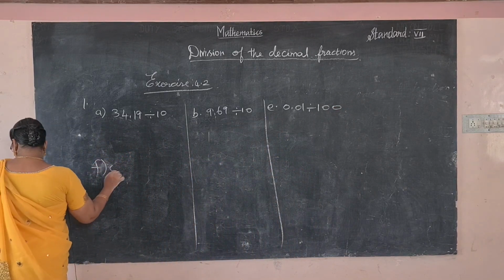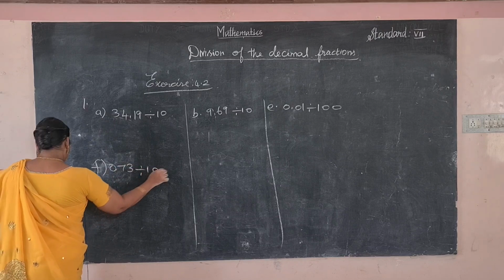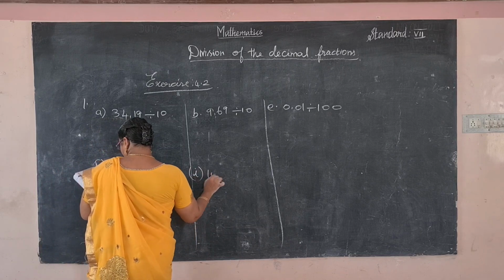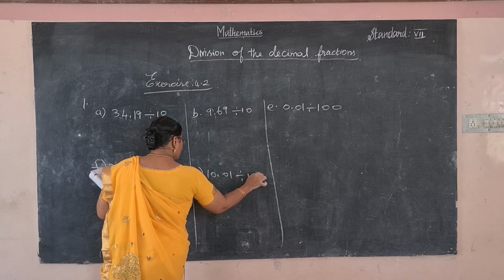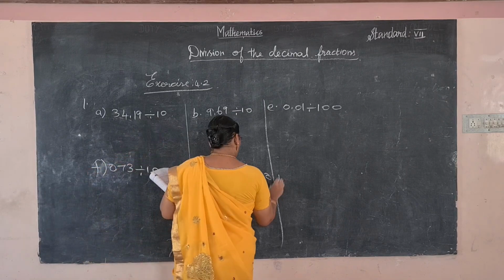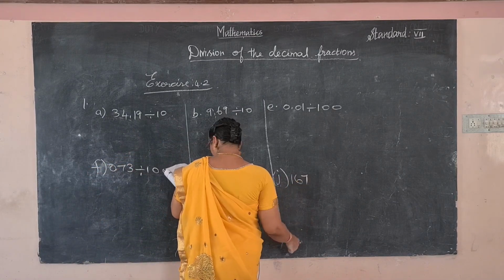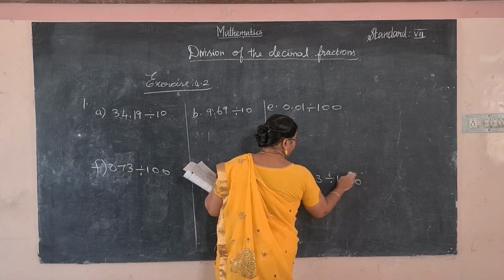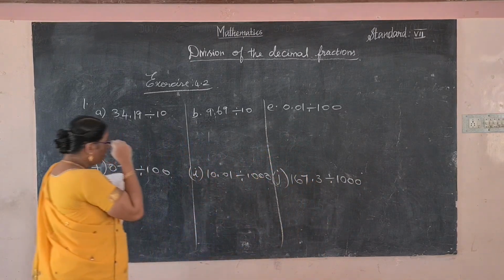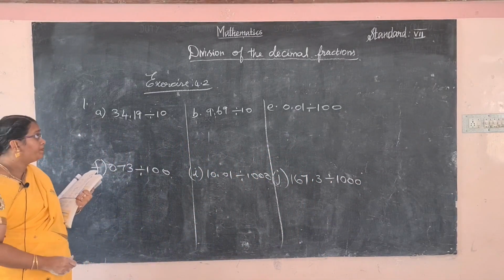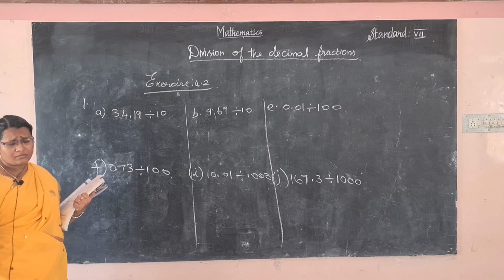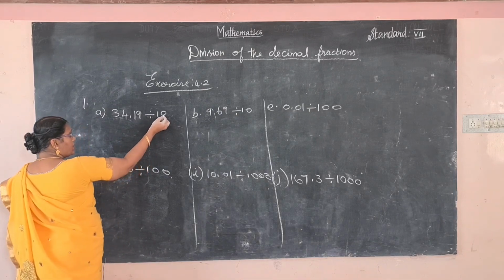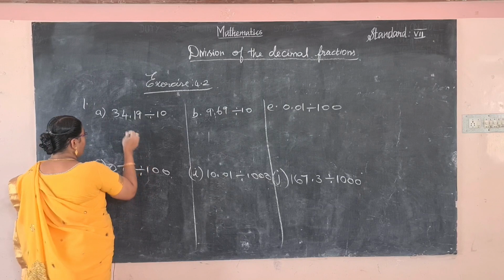F problem, 0.73 divided by 100. G and H are homework. I, 10.01 divided by 1000. And then J problem, 67.3 divided by 1000. Okay, remaining problems are homework. Here the division of a decimal by tens, hundreds and thousands is given. So you know well. Okay, so how many zeros are in the divisor? 1 zero. Okay, solution,